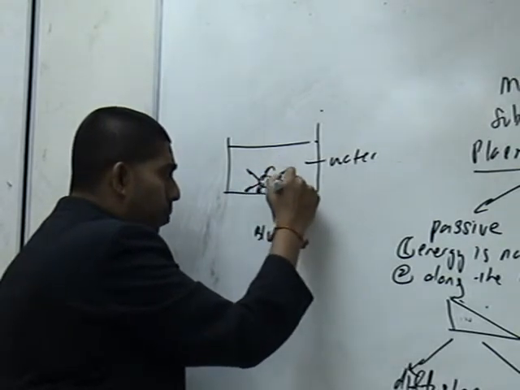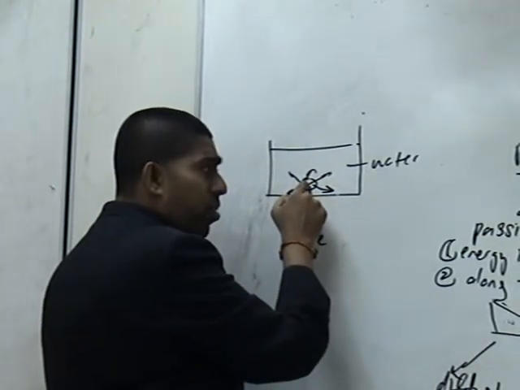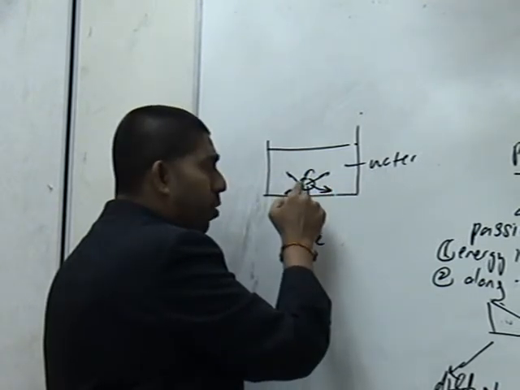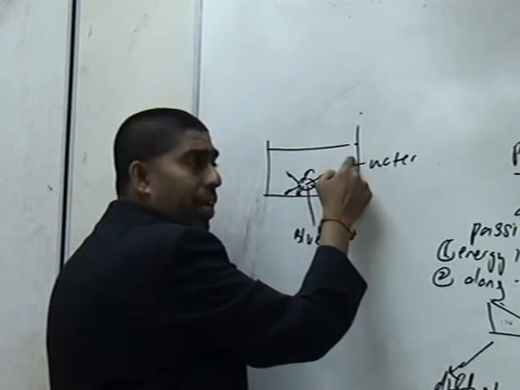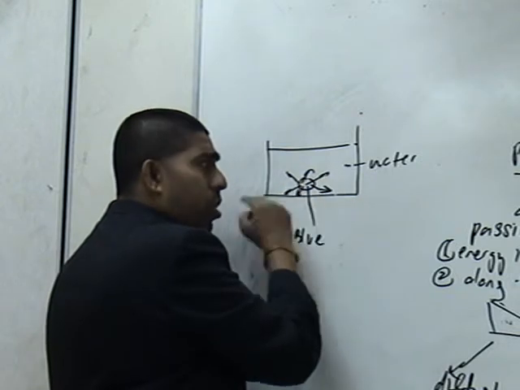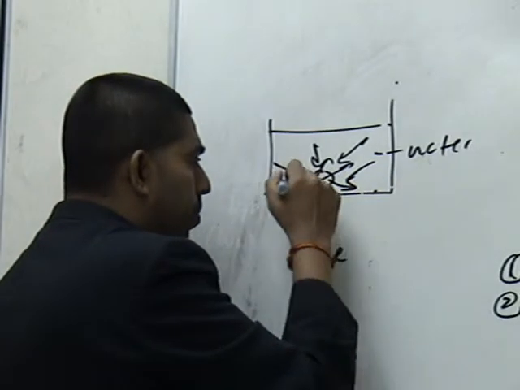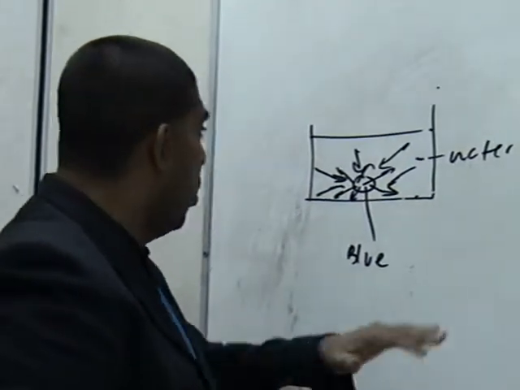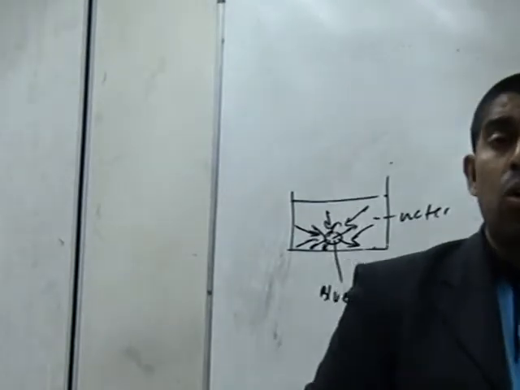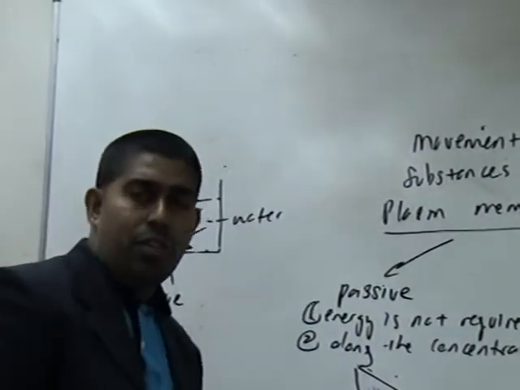So what happens is that this copper sulfate will diffuse. What does diffuse here mean? Move in all direction. Because copper sulfate here is highly concentrated and here low concentrated, copper sulfate will move from high concentrated to low concentrated area. And at the same time, water here is highly concentrated and here low concentrated. So the water molecules will diffuse in. Can you see that, students? Until at the end, the whole beaker is evenly distributed by copper sulfate and also water molecules. And this is simple diffusion.